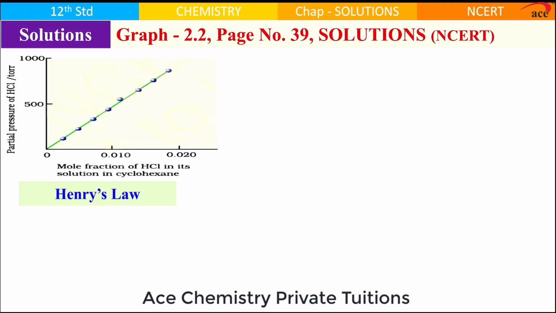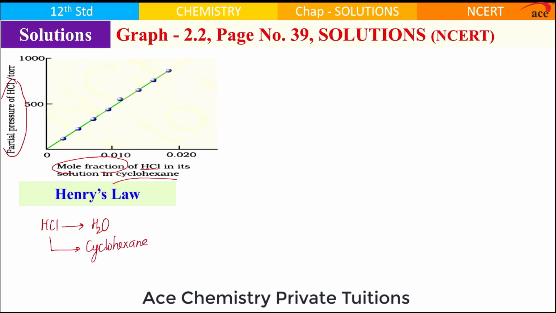Graph 2.2, page number 39 of NCERT. This graph is partial pressure of HCl on y coordinate and mole fraction of HCl in cyclohexane. First, you should know HCl is highly soluble in water but is sparingly soluble in